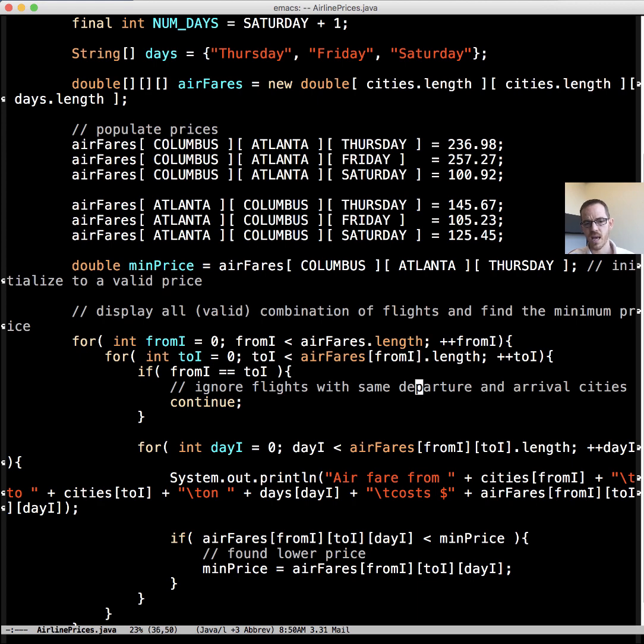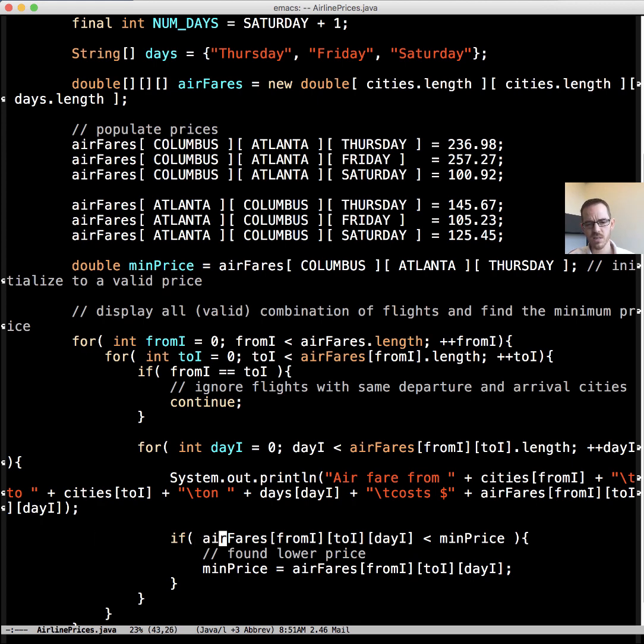Then in the from index, we say how many elements are in the array for our from index. And then we say, if the departure and the arrival cities are the same, that's pointless, so just skip over this one. Don't even go through all the days. Now the continuation criterion is, from this index to this index, how many days do we have? And that's by length. Now this could have been a jagged or ragged array. It's not in this case, but it could have been, and so this protects us from accessing elements that we shouldn't. And so we just display from the city to the city, and then notice the airfare is just first index, second index, third index into the array.